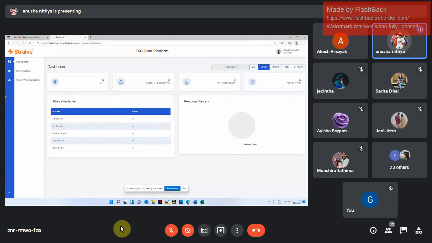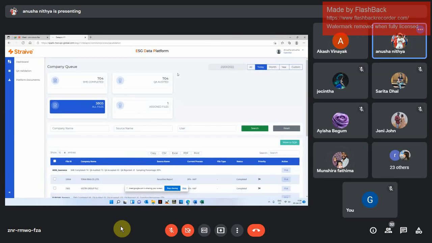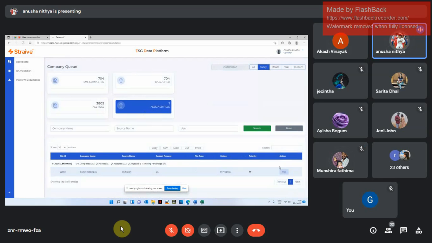I don't have the production layer. I have the QA layer. The production layer will be the DFA layer, and I am in the QA layer. So people will be assigned, and it will fall under this assigned section. If you open,